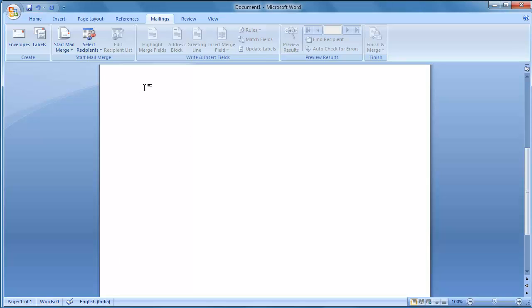Suppose I am typing. This is called status bar. The status bar represents the number of pages available in our Word document, as only one page is available in our document. It is showing as one page. This represents the number of words in our document, as no words are typed here. It is given as 0.